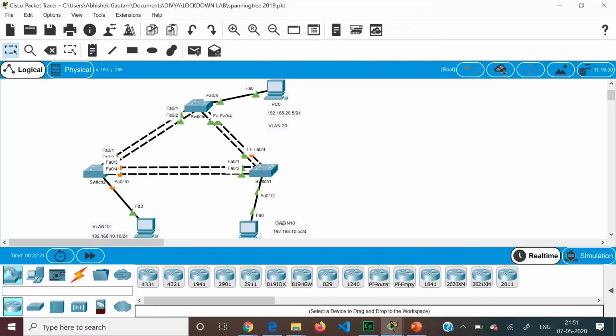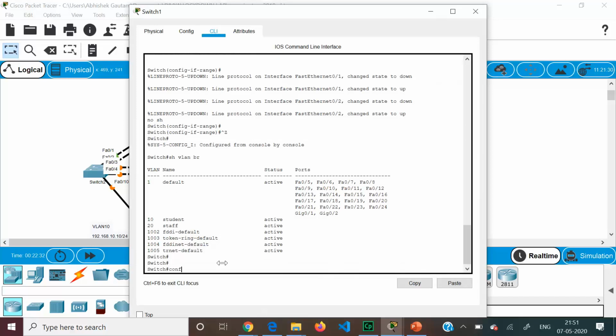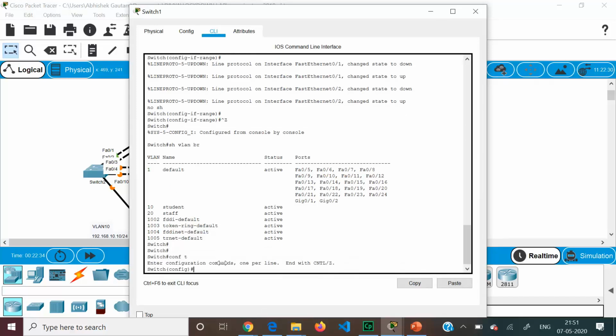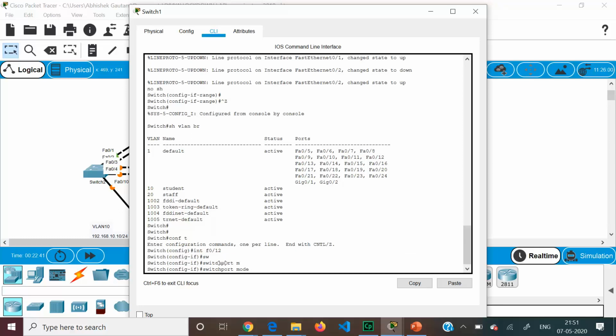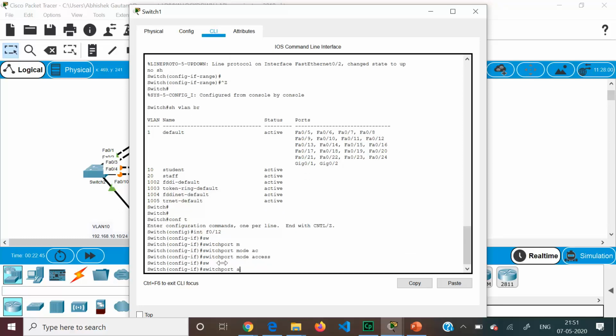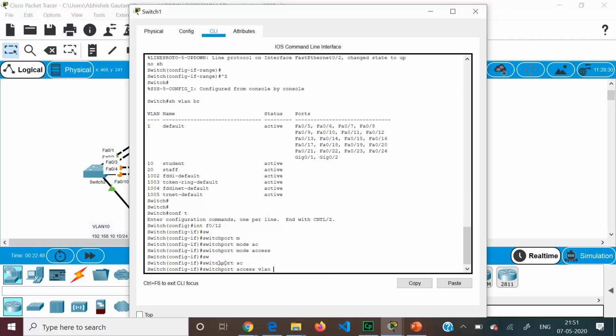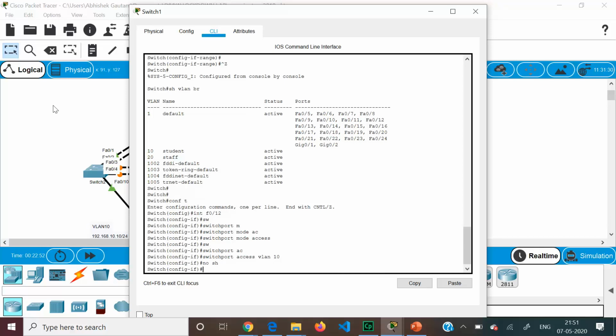Similarly, if you see, switch 1 F0/12 also belongs to VLAN 10. So we will type here: configure terminal, in the global configuration mode, int F0/12, switchport mode access, and switchport access vlan 10, and no shutdown, right?